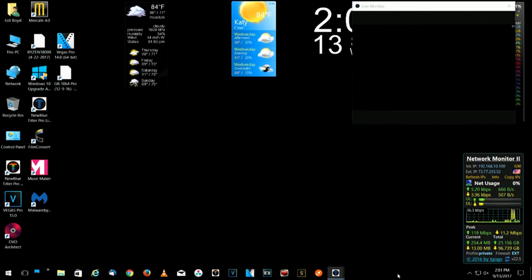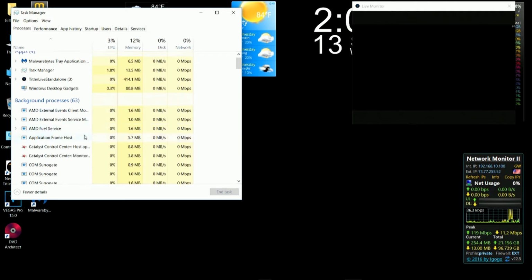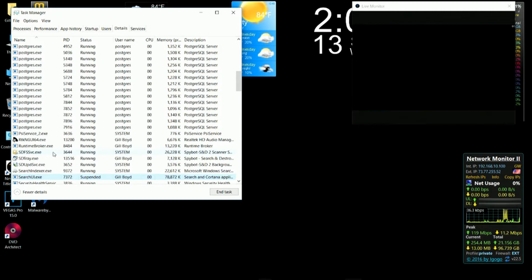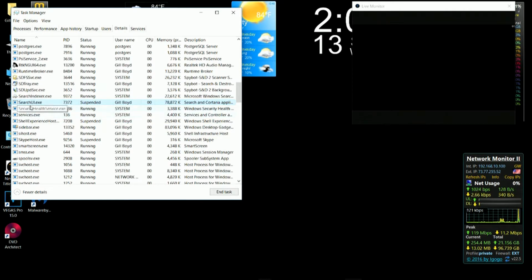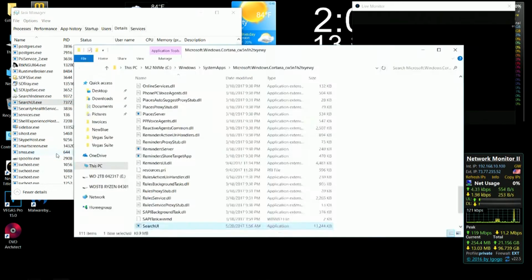Now I'm going to go down to my taskbar and I'm going to bring up the task manager. You'll notice Cortana is still running, and I can't really kill it. And there will be another Cortana process that will try to run. But if I say, let's go to details, you'll notice Search UI. And Search UI is still running. But if we go to File Location,